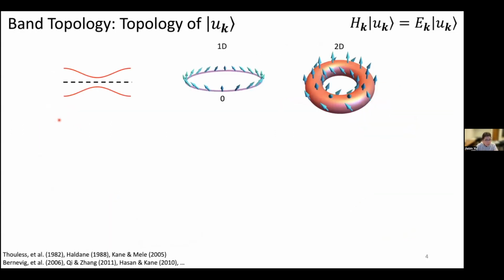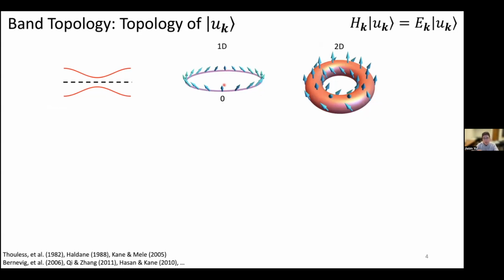So let me briefly introduce what band topology is. It is defined for insulators, or more generally the insulating parts of the system. For simplicity, let us consider a two-band system where we only have one band that is occupied. For this one specific occupied band, the Bloch state at each Bloch momentum is just like a vector. As the Bloch momentum goes over the Brillouin zone, the vectors can form a vector field. You can have different winding numbers.